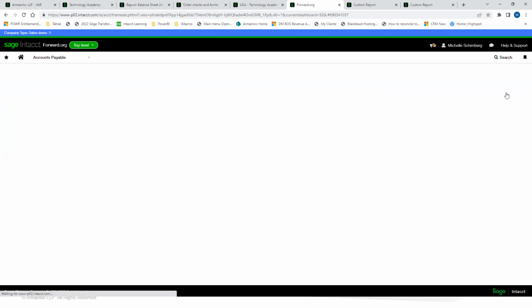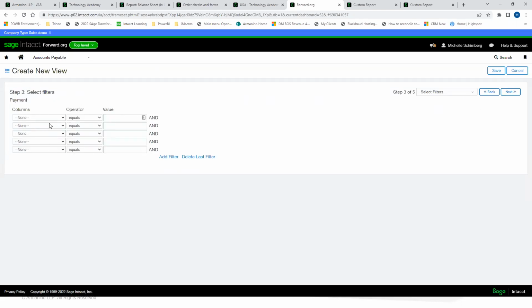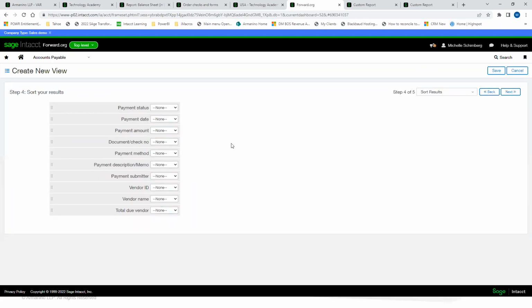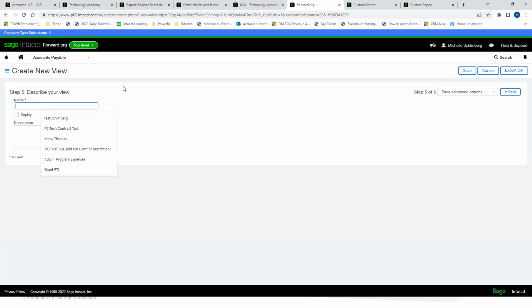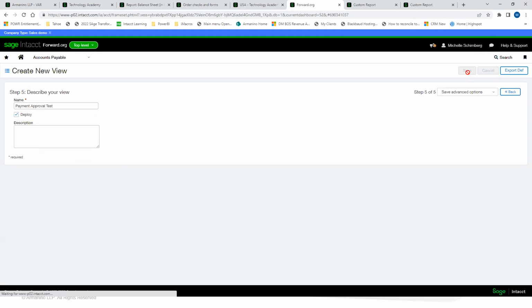And then my next choice is I could filter this by any of the columns. So this is one way you can make a report in a list that you don't have to create a custom report for. Now I can tell it what I want to sort it by, and maybe I'm going to sort this by vendor name. And I'm going to call this payment approval. And when I deploy it, make sure you deploy it, otherwise it will not be visible on a dashboard. So if I save that,